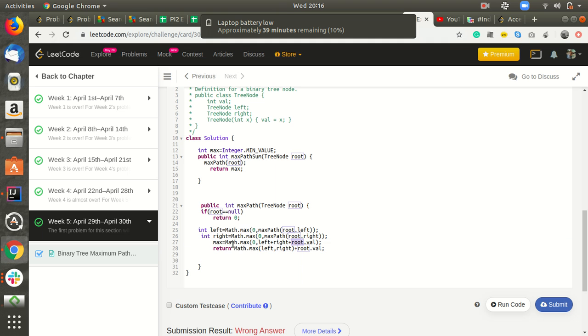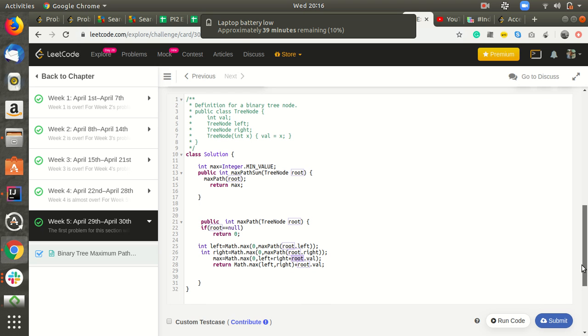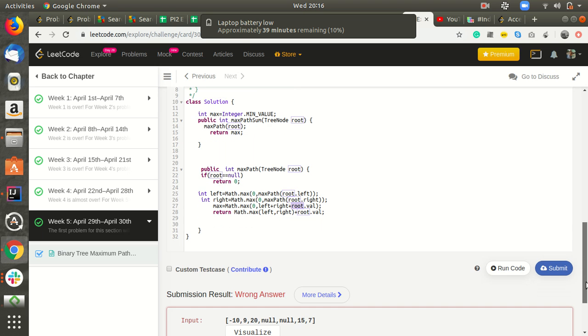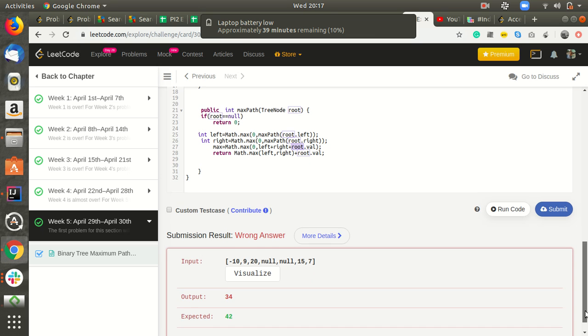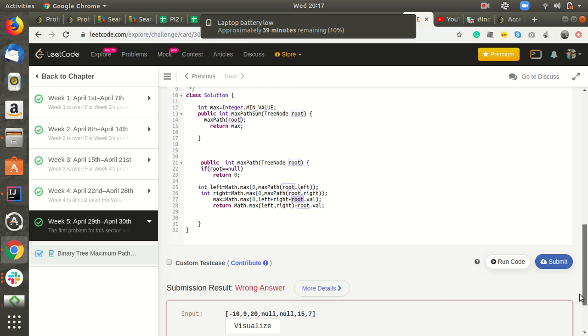Left, right, Math.max 0, max path of root.right, root.left, root.val. So Math.max of this, left plus right plus root.val.